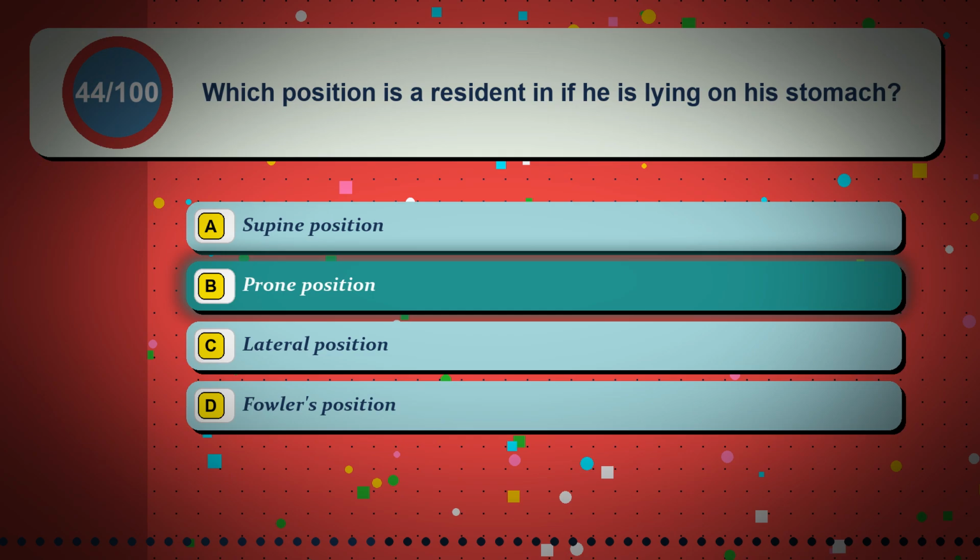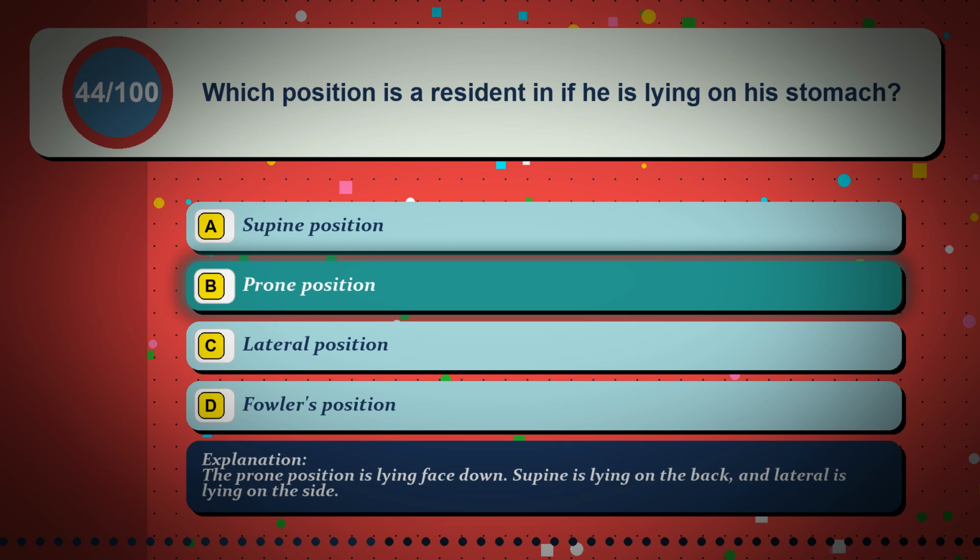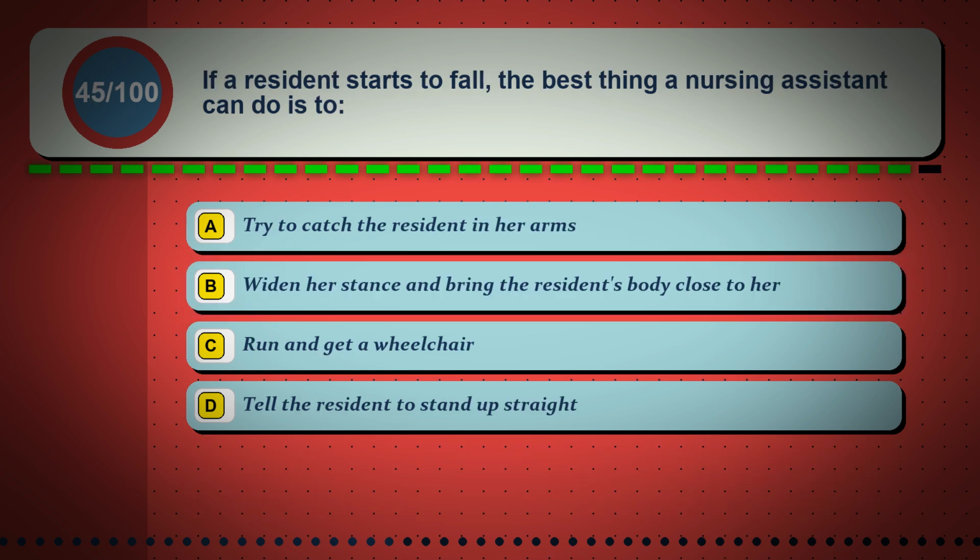The correct answer is option B. Prone position. The prone position is lying face down, supine is lying on the back, and lateral is lying on the side. Question 45. If a resident starts to fall, the best thing a nursing assistant can do is to: